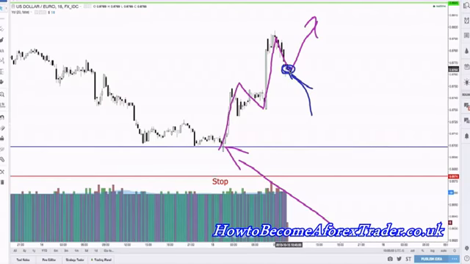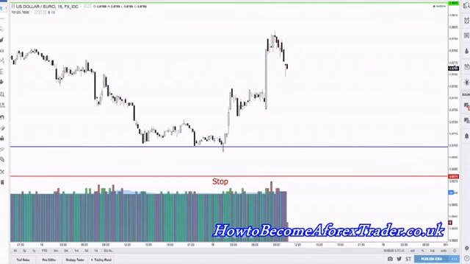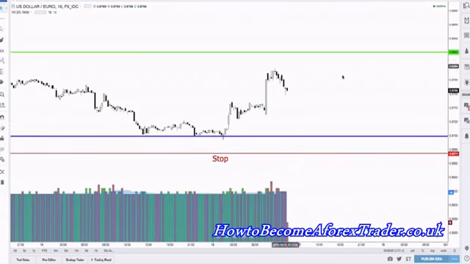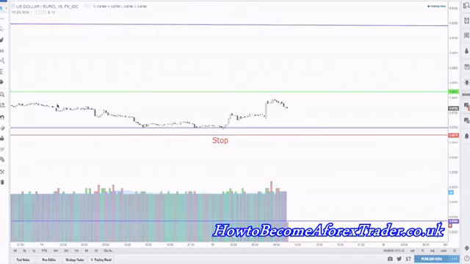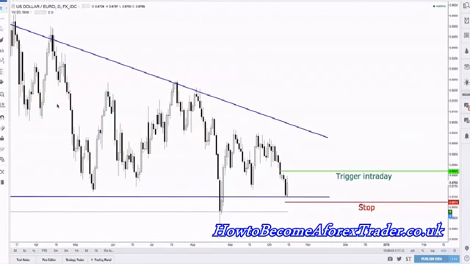So getting in on the pullback at about 0.8765, placing your stop at 0.8674. That would be your overall risk. And then again, that would make the risk reward a little bit better because now you're getting in a little bit earlier. So this would be your risk and this would be your potential reward, which makes it about a 1-to-3 risk reward ratio. And that's what's important in Forex trading or any kind of trading, is your risk reward ratio. If you're going to take this trade and your thought process